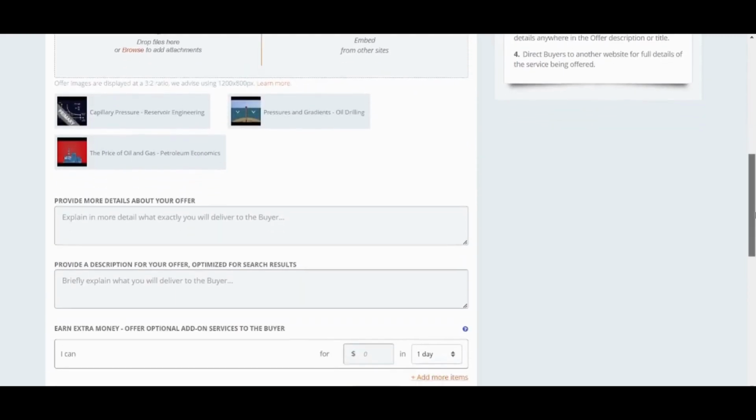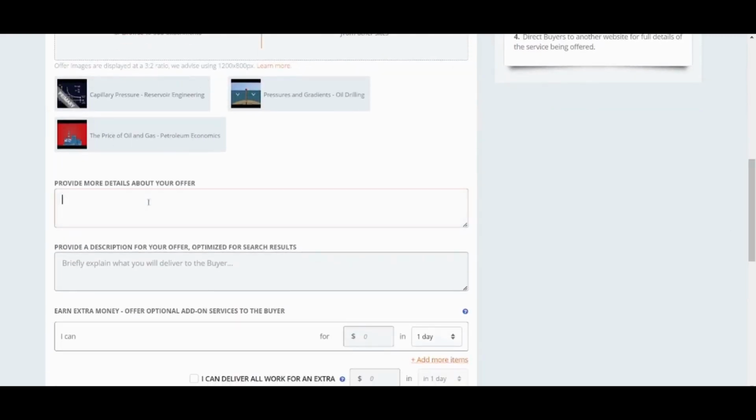And finally, after you are done with this, you can go and provide more details about your offer, like try to provide active and attractive features so that they will actually be attracted to your own work. Like, I provide high quality audio which is processed by many audio enhancing softwares.